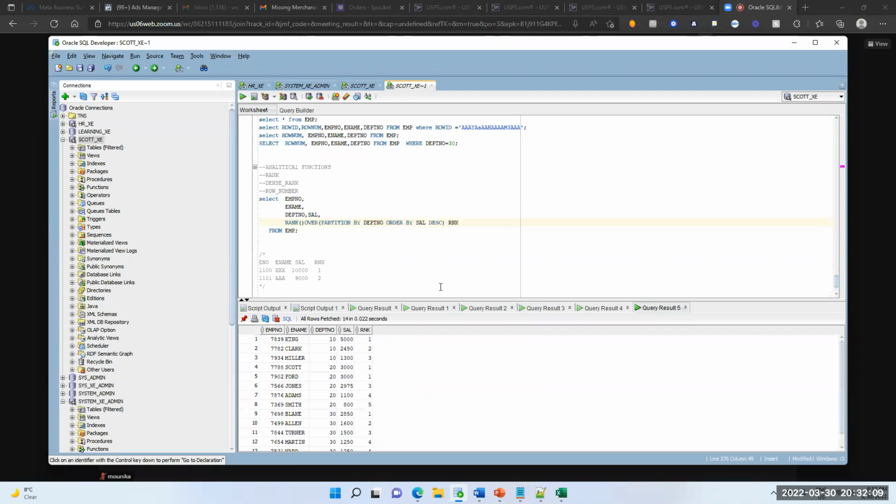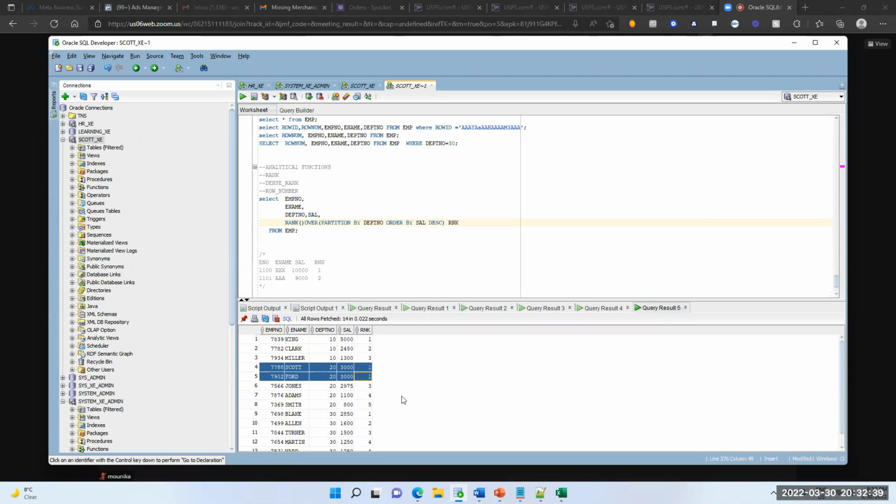This is the rank, it is showing here, right? So department 10, this is the 10th department. We have 3 records. 5,000 is coming on top, 2450 is coming as second, and 1300 is coming as third. Here, guys, see here. In the 20th department, 3,000 appears 2 times.